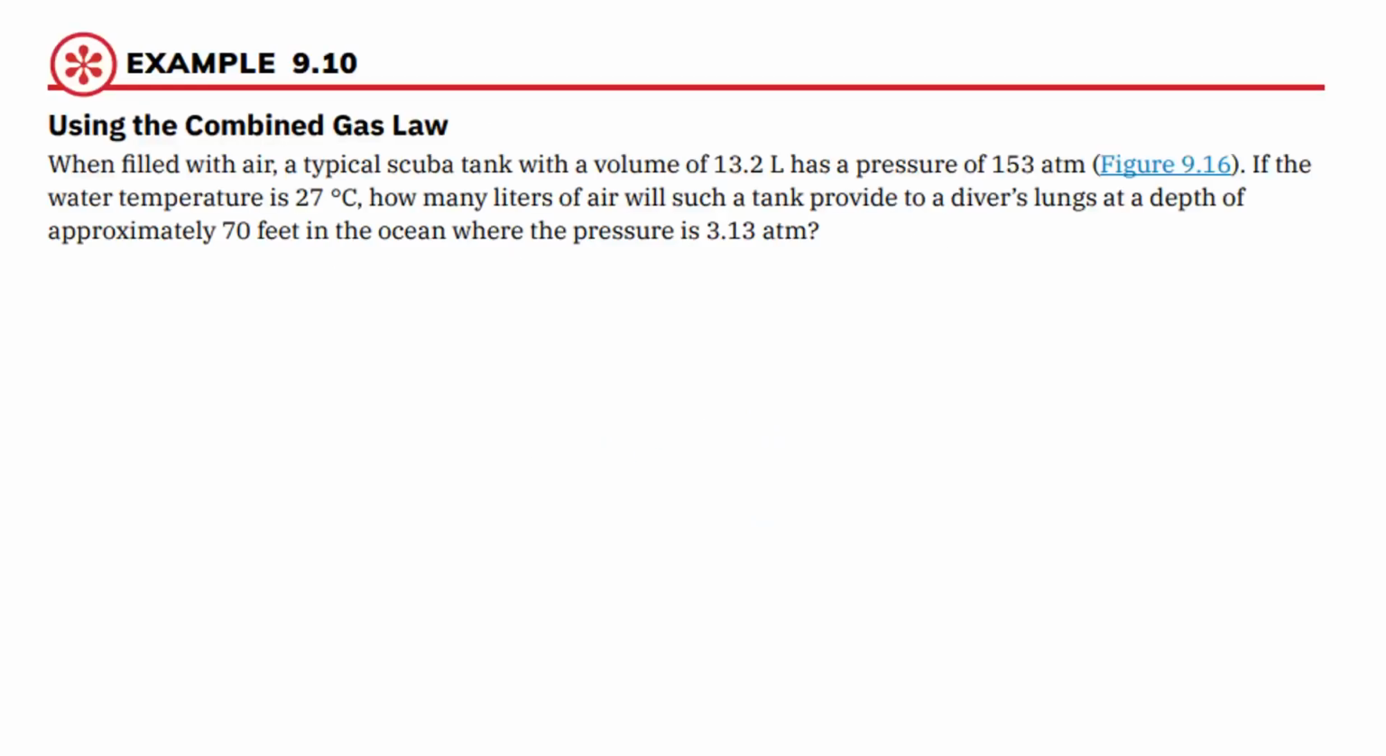So looking at the question we have here, and now I would definitely recommend you label what each of these pieces represent. But when filled with air, a typical scuba tank with a volume of 13.2 liters, so V1, has a pressure of 153 atmospheres, P1. If the water temperature is 27 degrees, how many liters of air will such a tank provide to divers' lungs at a depth of approximately 70 feet if the pressure is 3.13 atmospheres? So we've got P2,